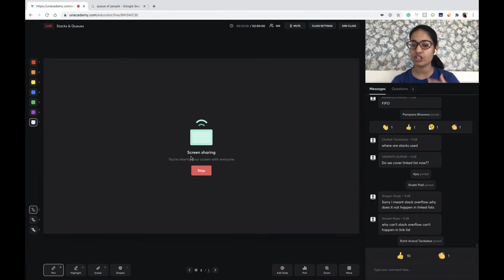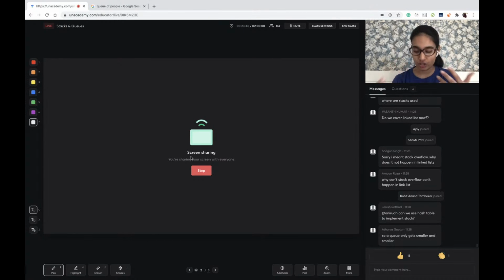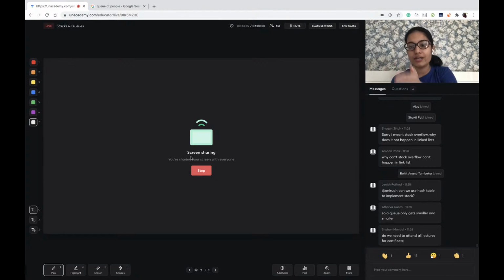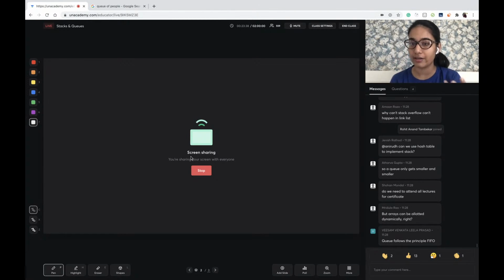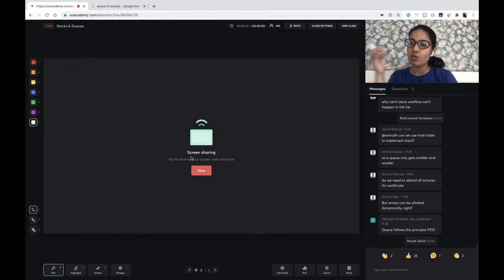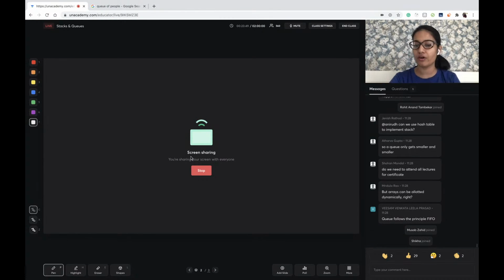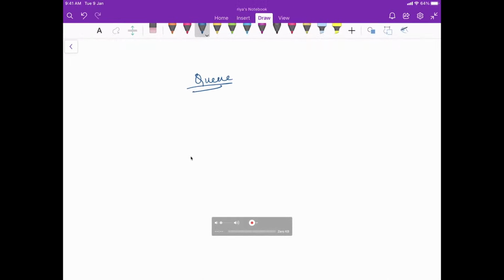So queue is a first in first out data structure. First in first out is the kind wherein the person who came in the queue first is going to be removed first as well. Like many of you are saying, queue is a FIFO kind of data structure.